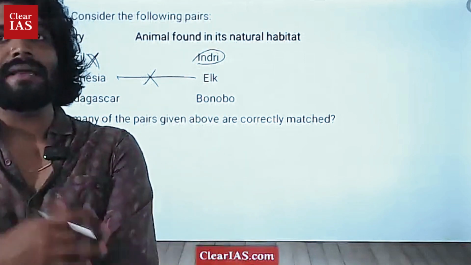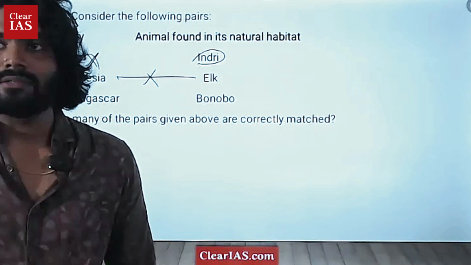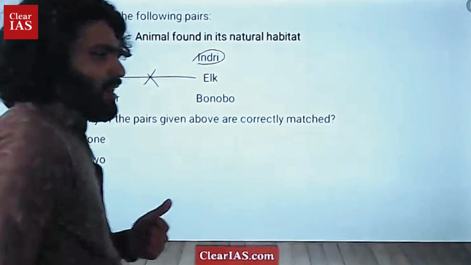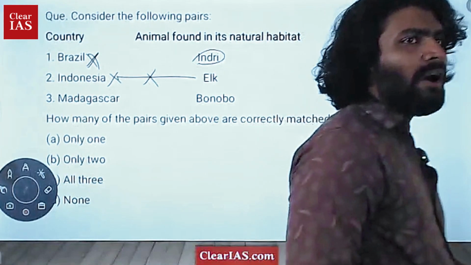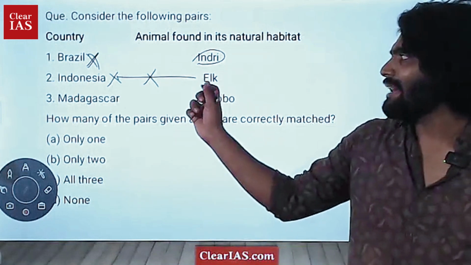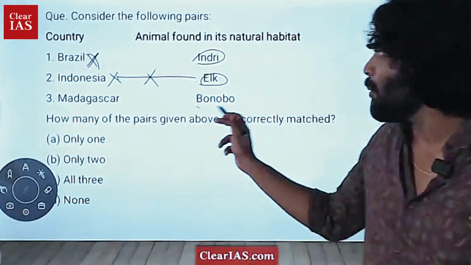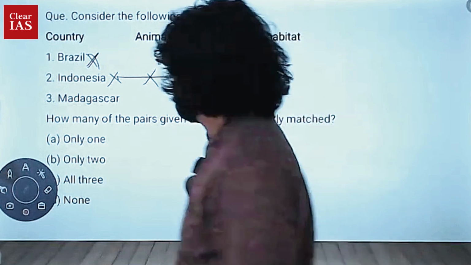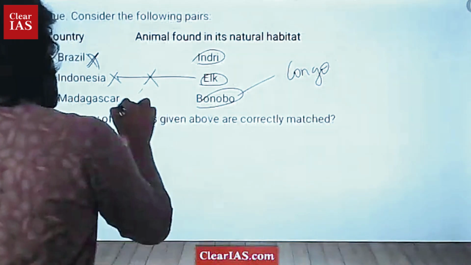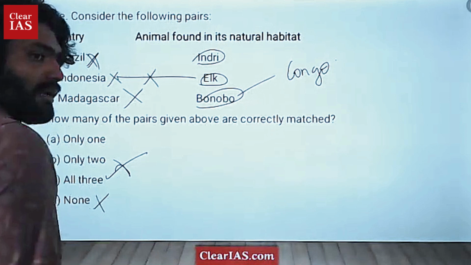If you have seen English series, many series, this thing is actually present as an animal. So this one again is wrong. And looking at the animal composition of Indonesia, more of an equatorial tropical country, an elk-like animal is not actually found there. That is also a logic. And coming to bonobo, bonobo is actually a primate organism which is exclusively found in the Democratic Republic of Congo. So this one is also wrong. So the answer is all three. Sorry, none. Answer is D, none.